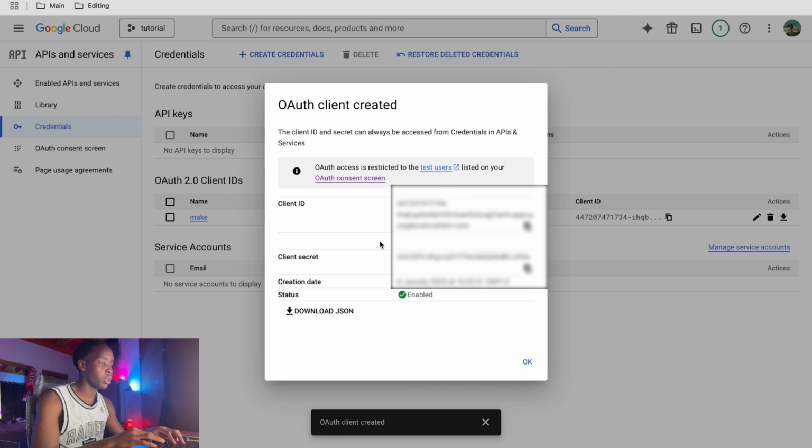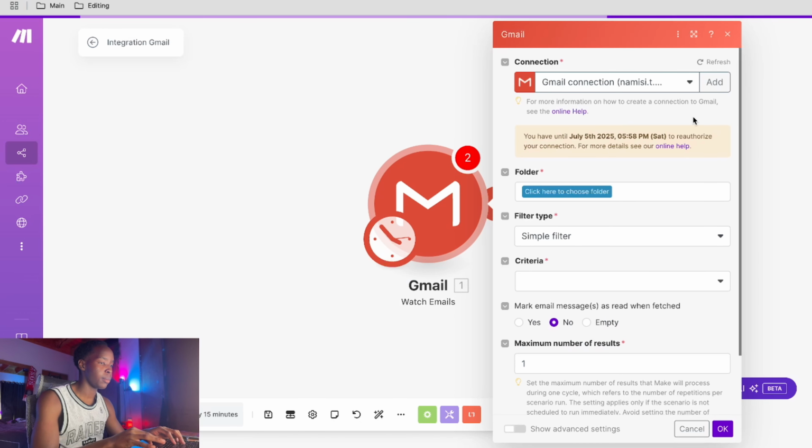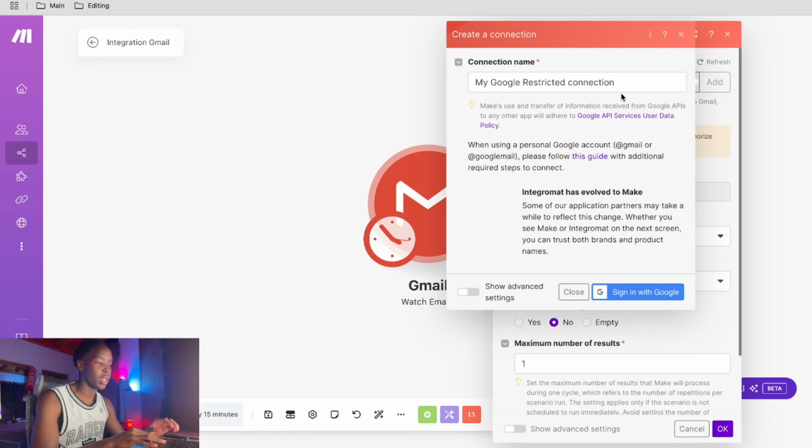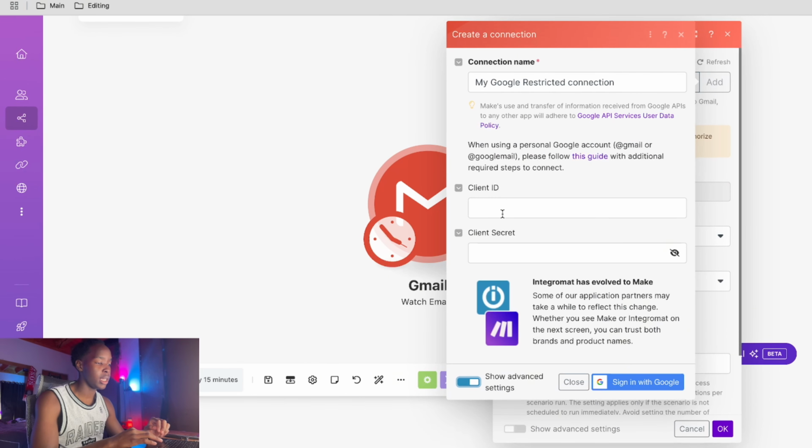And then you're going to be greeted with this screen over here, which has got your client ID and your client secret ID. So you're going to put this into make.com. You're going to come here and click add account. You can name it whatever you want, and you click show advanced settings. You're going to paste the client ID here and the client secret ID over here, and you're going to say